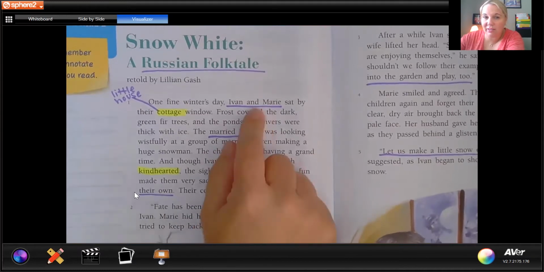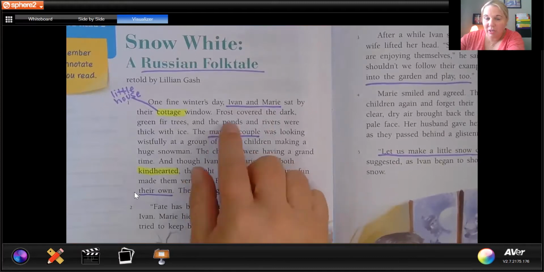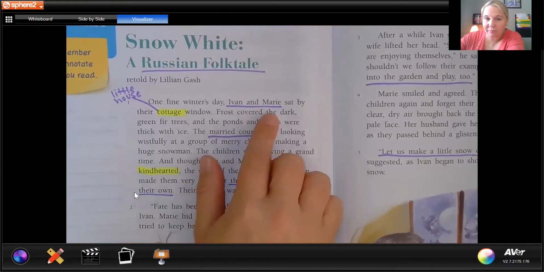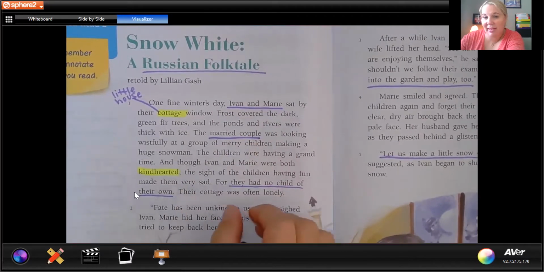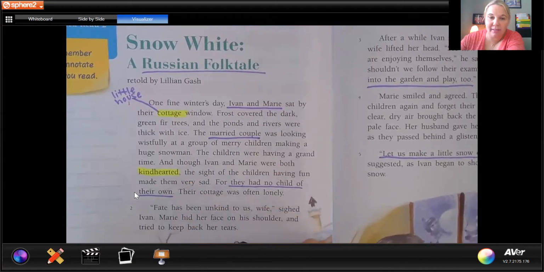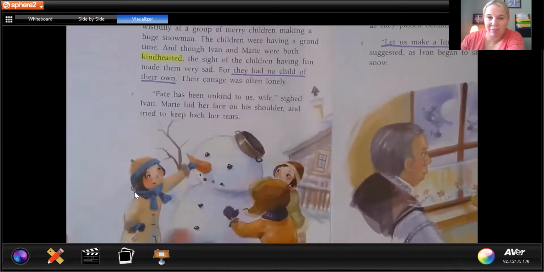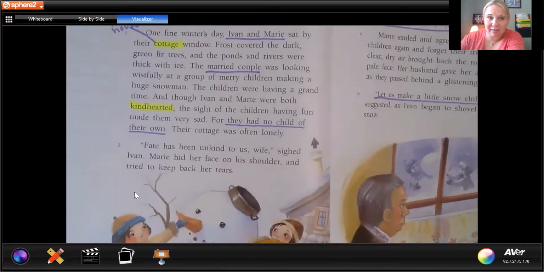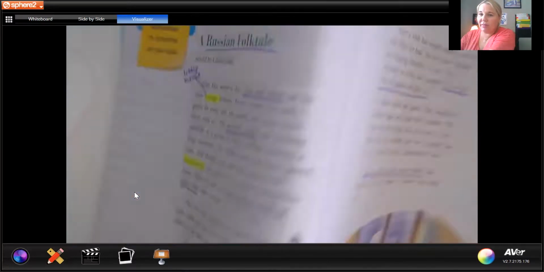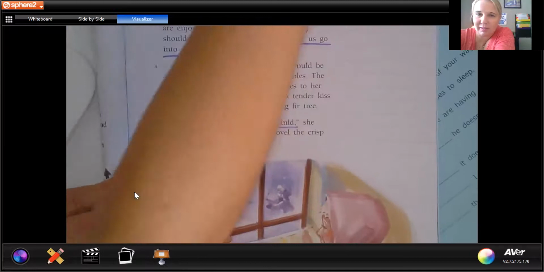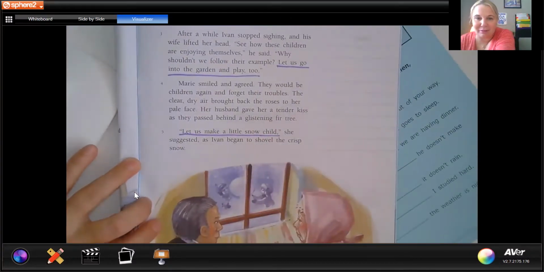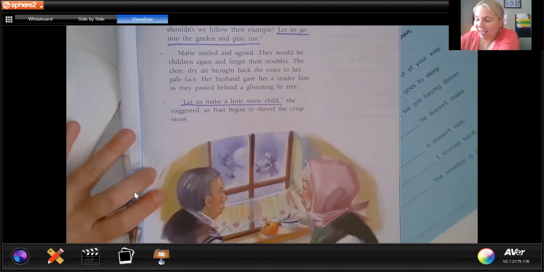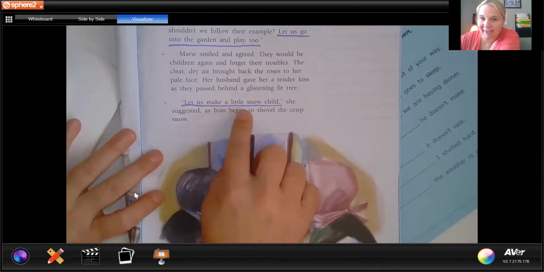So in this Snow White Russian folktale, we know that Ivan and Marie are a married couple, right? They didn't have any children of their own, and they were so kind-hearted, and they liked watching children having fun, but they were sad they didn't have their own child. Then, I look on this page here, I see that he says, let's go in the garden and play too. So they go outside, and they make themselves